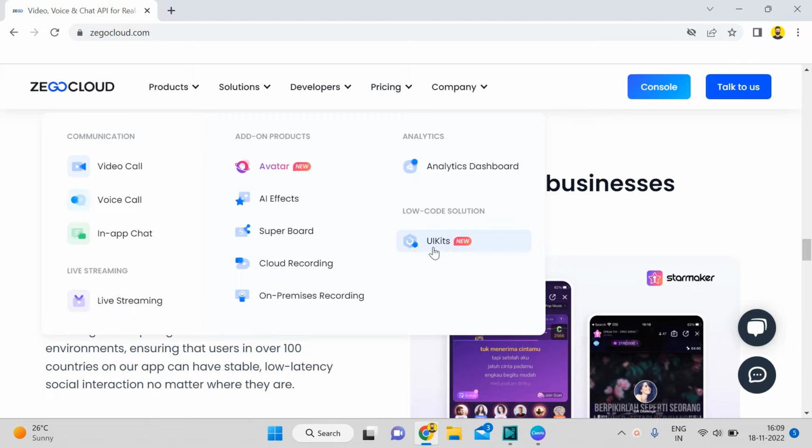Now whenever we try to create applications, we focus on giving all the modern features which are required, and the features that users like these days. So ZegoCloud provides us everything that you need to create a complete application. It will be best. So that's why guys, in this tutorial we will be focusing on the live streaming SDK,